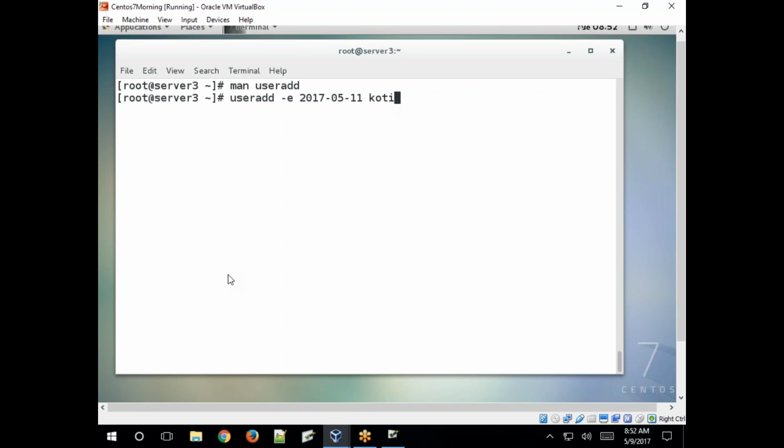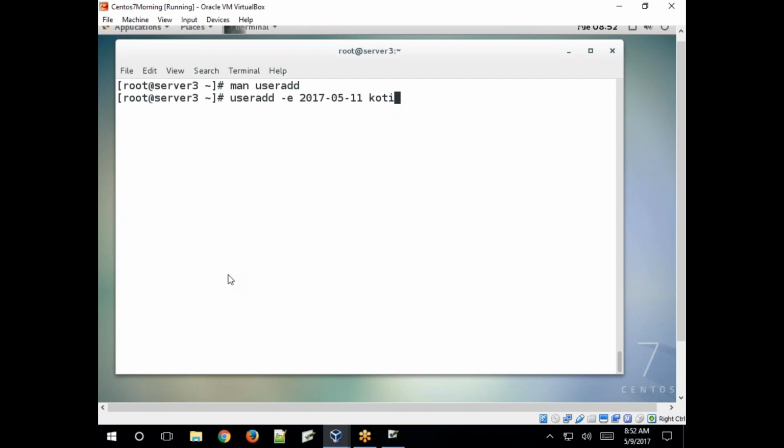So why do we need to create a user with an account expiry date? Only for temporary purposes. If you want to allow users to access, they want to do something only 2 days or 1 day. Sometimes you forget to disable the access, to change the password or disable the account. In that situation, just create a user with an account expiry date. Even if you forget, the account will be expired automatically after this date.